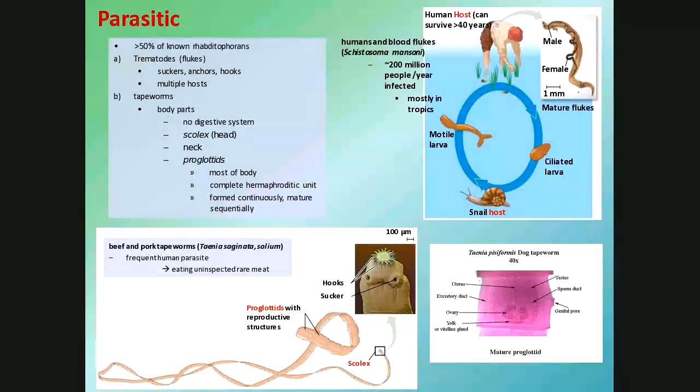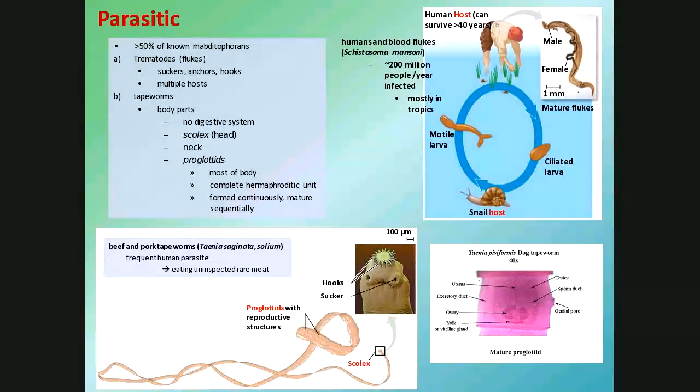Those little hooks are the things that embed themselves into the intestinal wall of the host. So this is why, if you're thinking about using a tapeworm for weight loss, by the way, that won't work. The bad effect is, as those tapeworms reproduce and move around your intestines, those hooks and those suckers cause damage and bleeding to the intestinal wall.